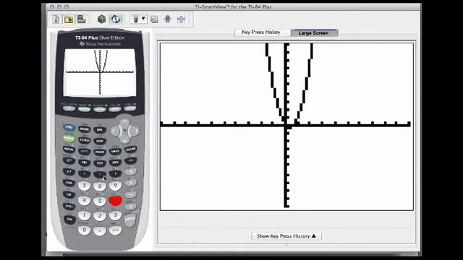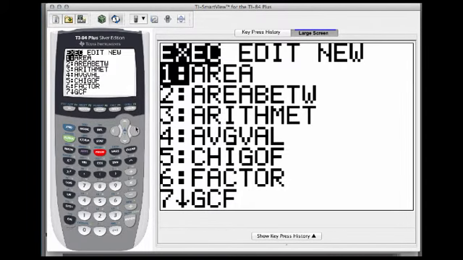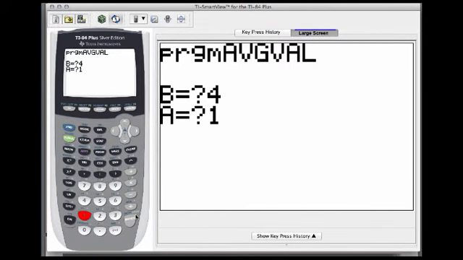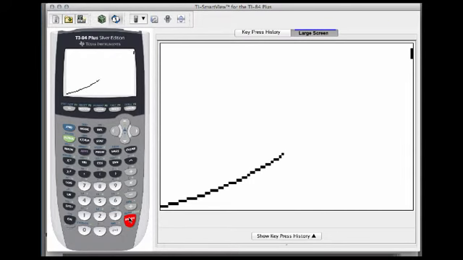All right, so to run the program, if you hit your program button, it's the one that looks AvgValue, that one. AvgValue, AvgValue. We abbreviate everything. You guys know that. So when you run the program, notice it asks you for the b value first. Every single year I say I have to rewrite this to flip around the a and the b, but I still haven't done it. So just take note they're asking you for b first. Okay. This is, I think, one of the programs I helped to write. A friend of mine and I wrote one at my last school. So you just enter the a and b values, hit enter,